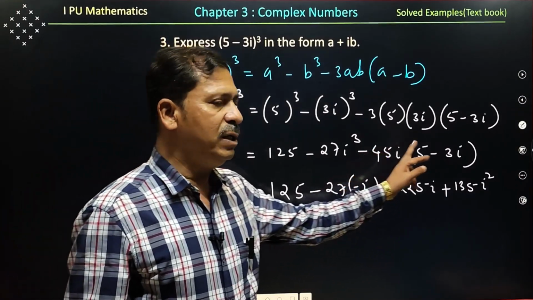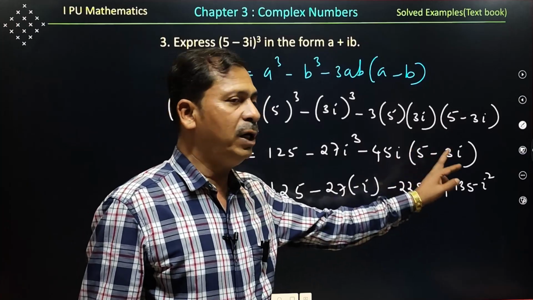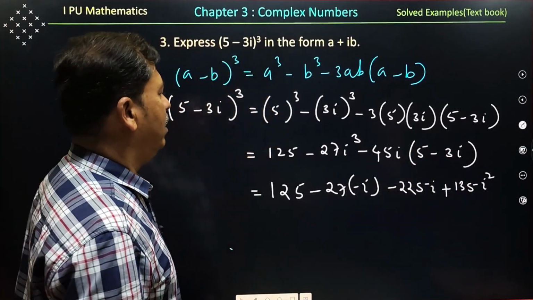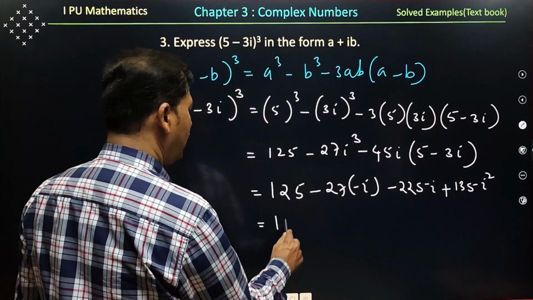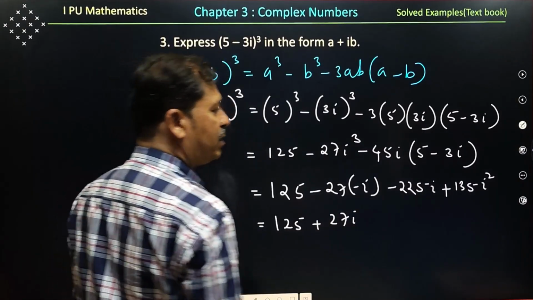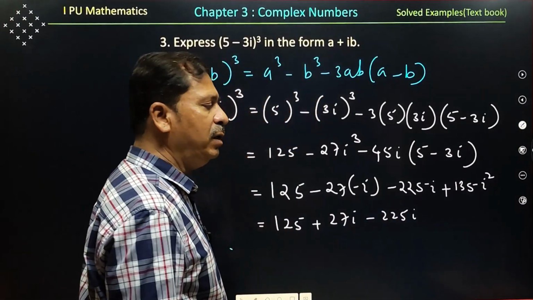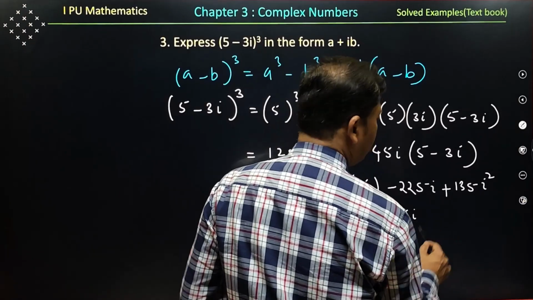See, minus into minus plus, I have written 45 3s are 135, I into I is I square. Next 125 as it is, minus into minus plus 27i, next minus 225i, minus 225i plus, here I would like